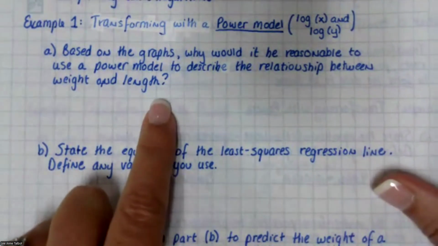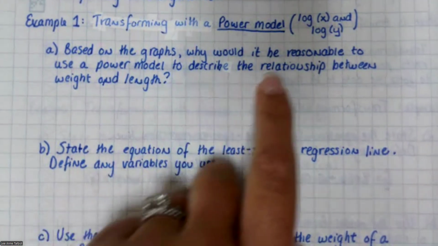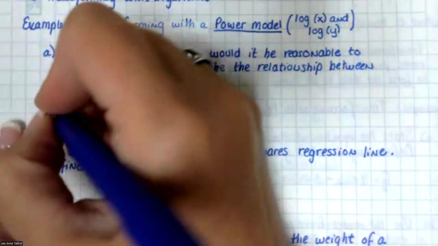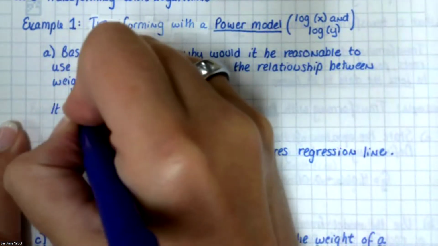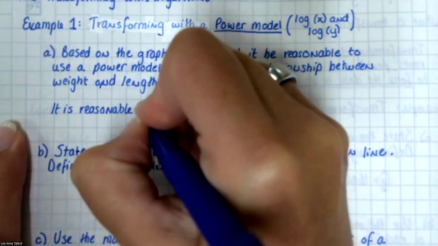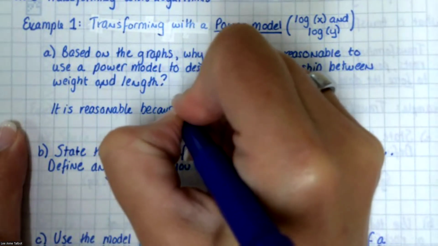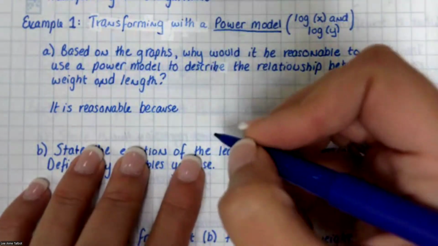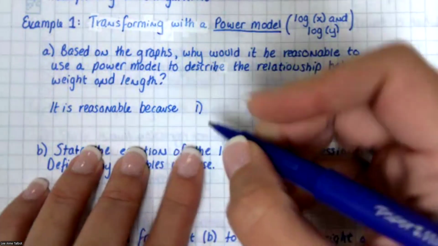Based on the graphs, why would it be reasonable to use a power model to describe the relationship between weight and length? Okay, we're going to say two things. It is reasonable because you really only need one of the two of these, but we have two, so we're going to do both. First,